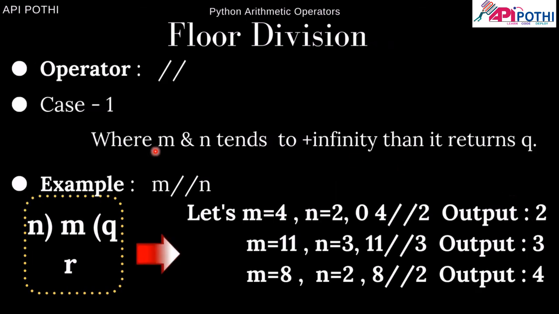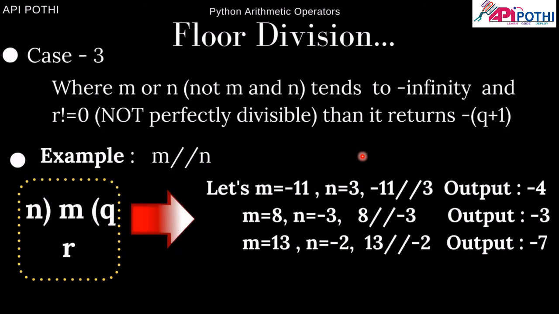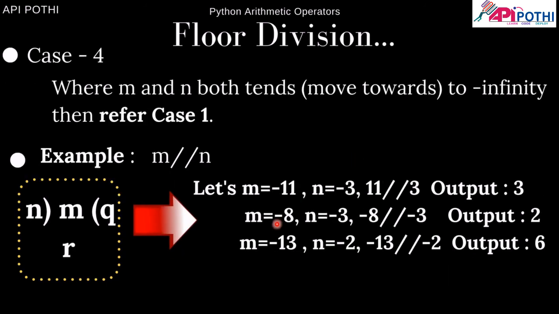For case 1 also, m and n both are positive, because technically both minus signs are getting cancelled. So it becomes case 1 only. So this is all